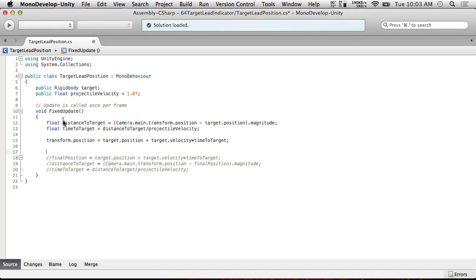So all we were doing is we were getting the distance to the target and then figuring out the time to the target based on that distance and then going to that. The problem is we don't want the distance to the target. We want the distance to the eventual position of the target. Now,